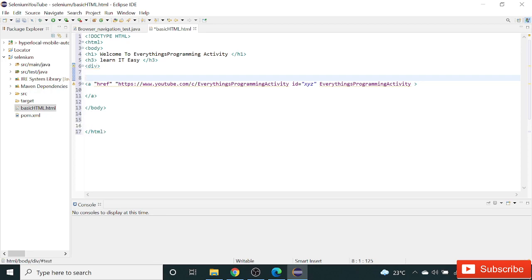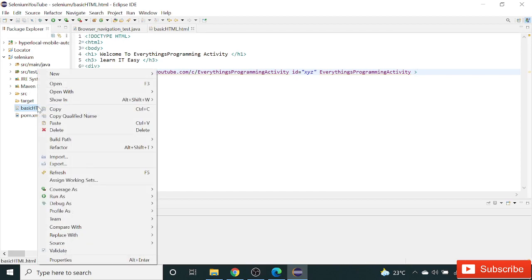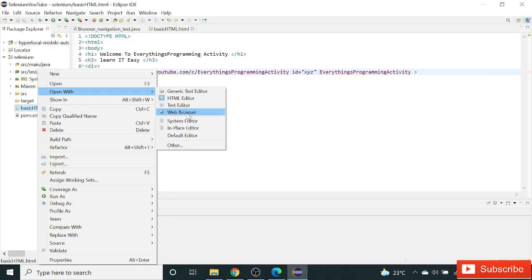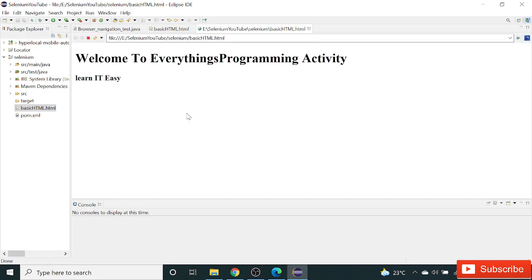Let's save this document, run it, and open it with a web browser.